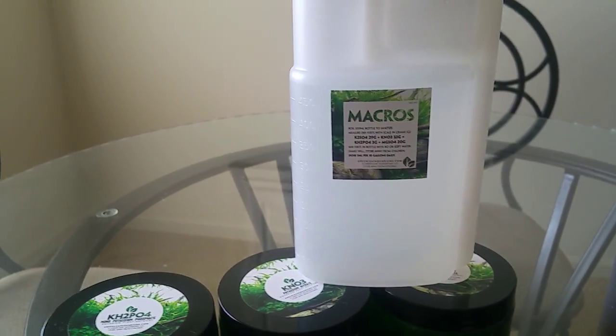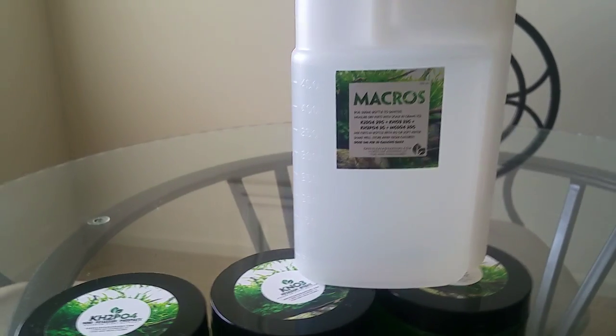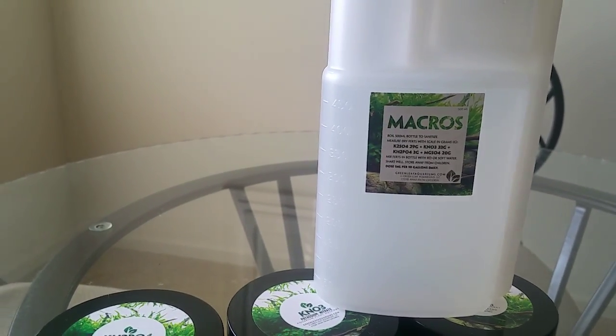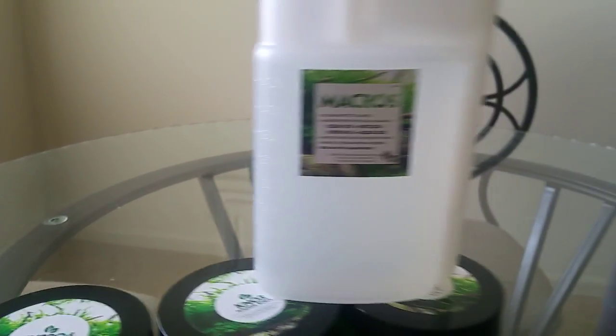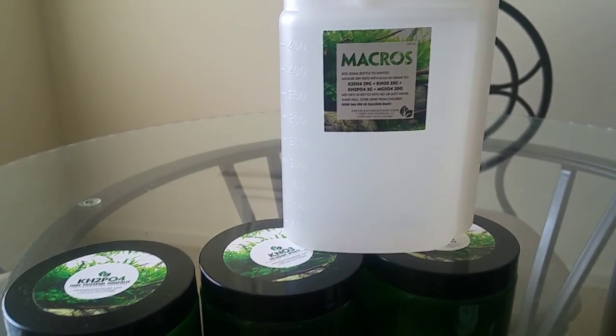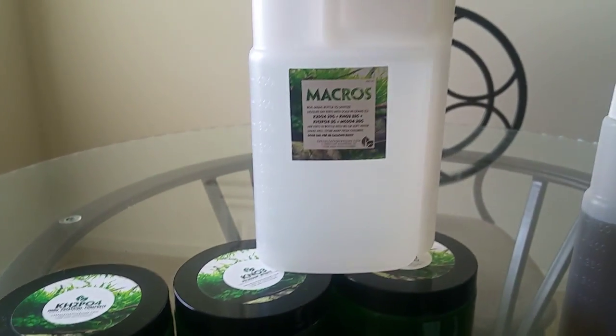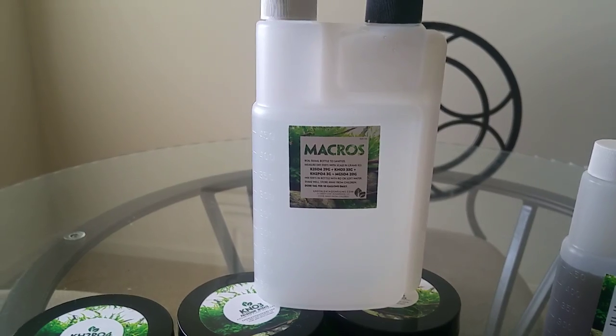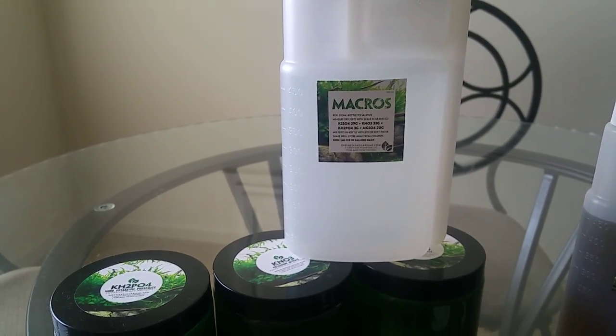Put them into a regular old cup with a spout I could use to pour it in here. I just try to dissolve most of the minerals before I put it in the container, just so it doesn't sit at the bottom. And I've only been using it for 2 days, so I haven't seen too much of an improvement, but